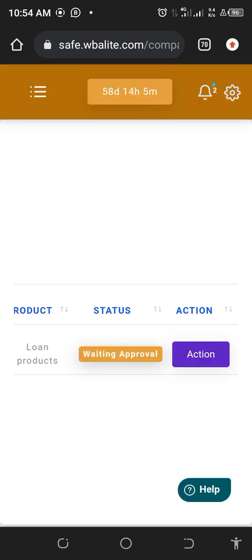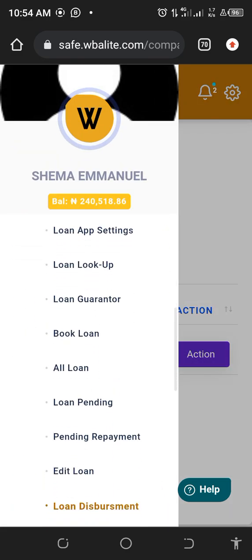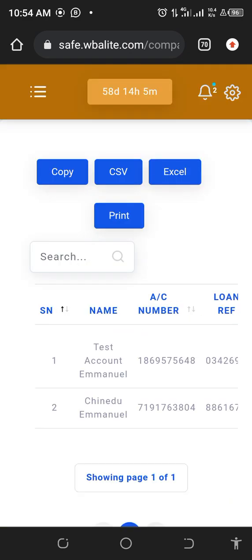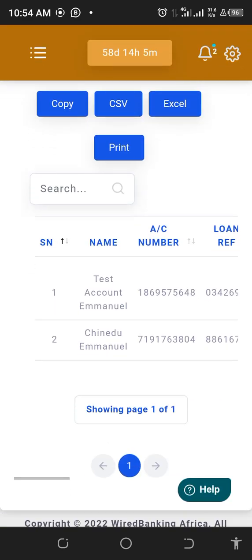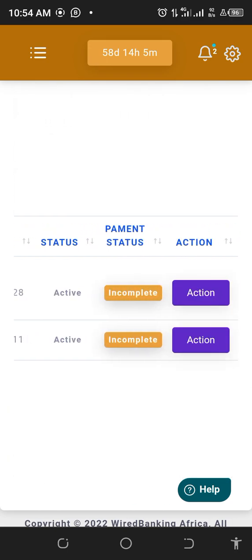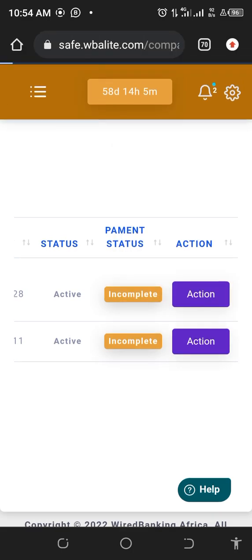So that's basically it. Then the final stage of the loan, because of our timing, you go to the ongoing loan. Right, so on the ongoing loan, you get to see the list of all the approved loans, right? So of course, as many of the approved loans you have, you can see them all here, right? So then you can go ahead and click on pay loan. So on the pay loan, once it's open, you get to see the schedule, and of course let me guide you on how you can